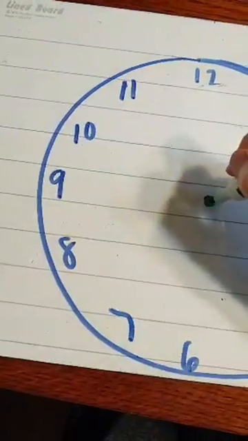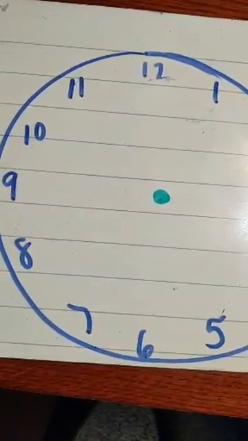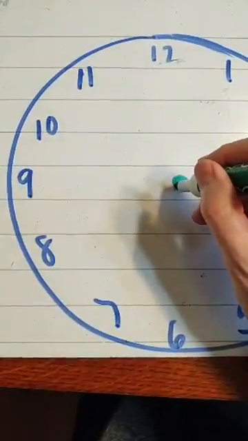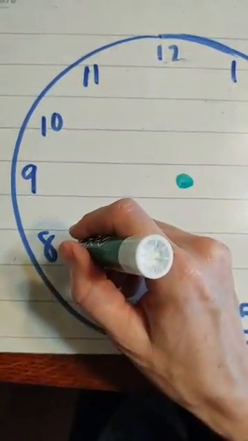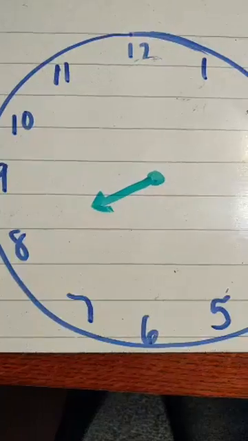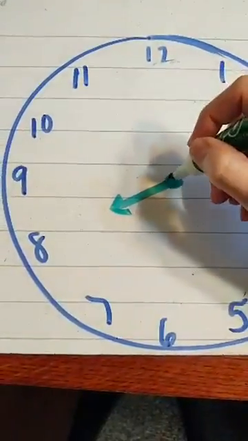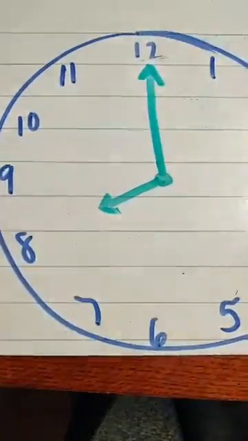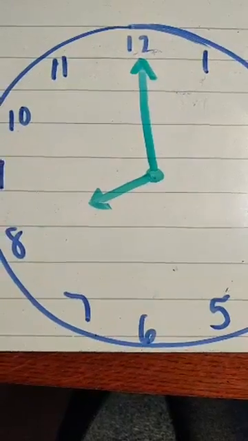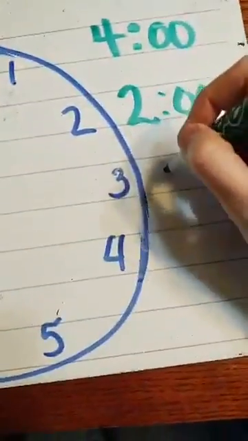Okay, if I want it to say 8 o'clock, where is my hour hand going to point directly at? You got it. It's going to point directly at the 8. Should I go all the way to the 8 with my hand? No, we shouldn't. It's shorter. Okay, now where is my minute hand going to point? You got it, right directly at the 12, and that's my longer one. It's going to make it almost all the way to the 12. All right, and if we wrote it digitally, let's not forget,